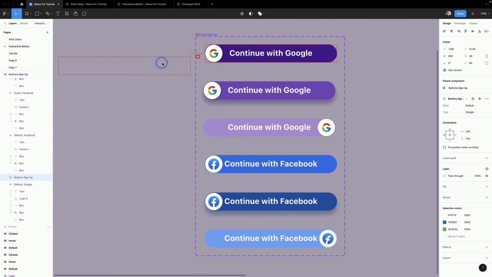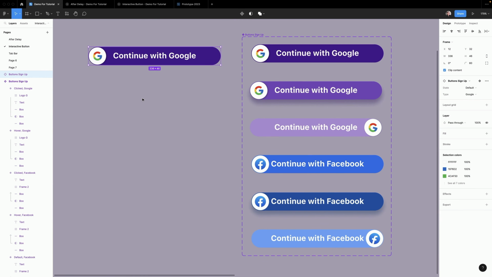Variants allows you to create tests and iterate a design idea with ease. No need to send your team links back and forth to try out different combinations of colors and spacing. You can add variant to any components in your design. Just rename them, and then choose the best one for your project.